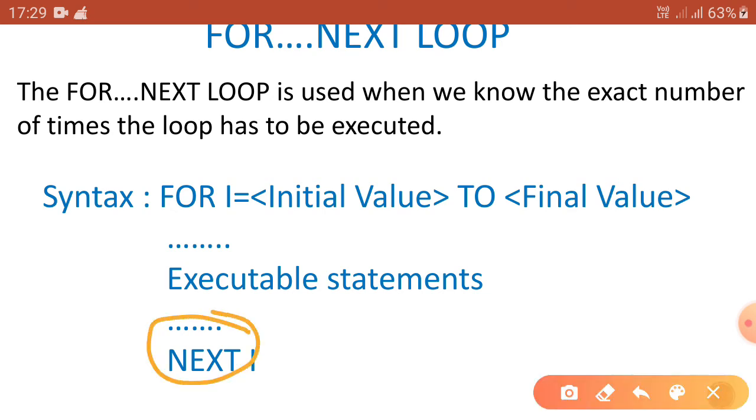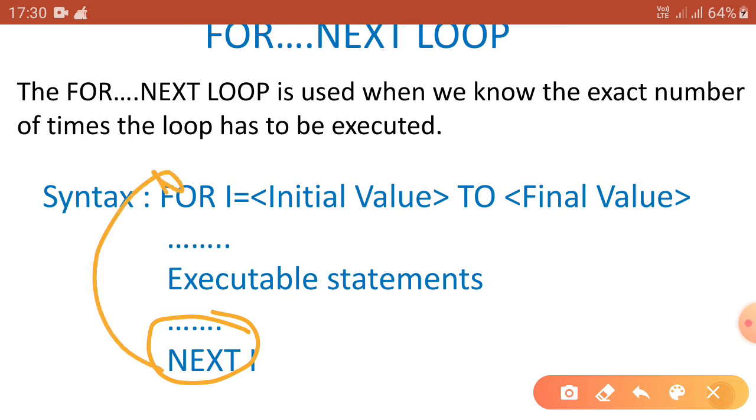Now the NEXT statement is used to signal the end of the loop. That means it indicates that the loop ends here, and it also increases or decreases the counter variable and then transfers the control to the FOR statement to compare with the final value.